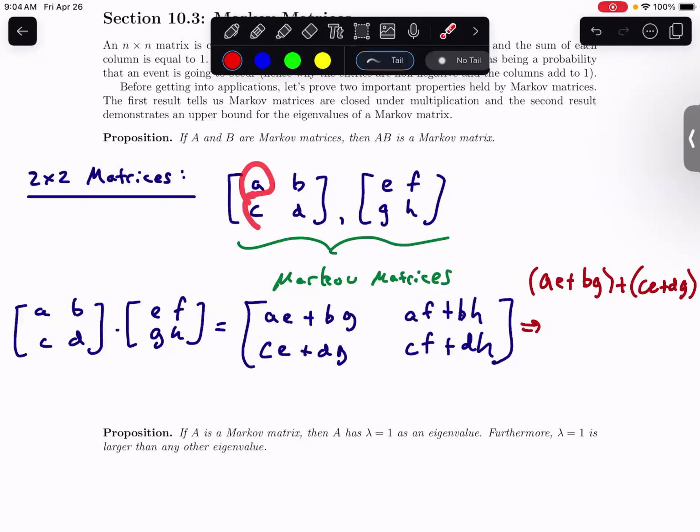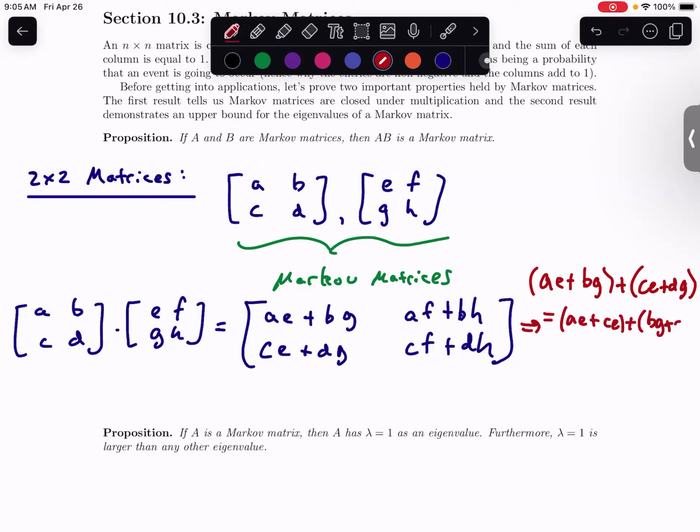So we know A plus C is going to be equal to 1. We know B plus D is equal to 1, E plus G is equal to 1, F plus H is equal to 1. And so we have an AE plus a CE. So we'll have an A plus C if we factor out the E. So this is really, just rewriting the sum, AE plus CE, and then plus